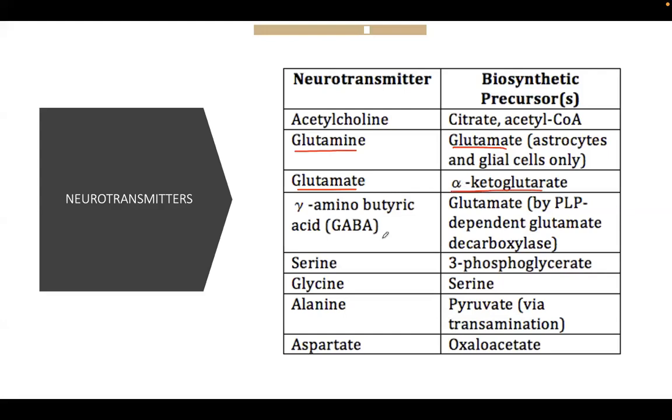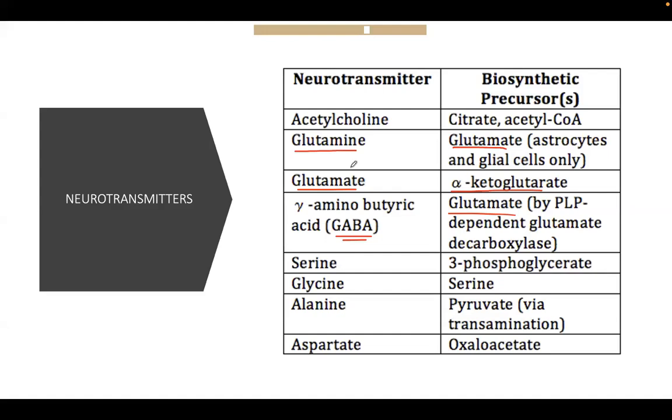And the most interesting here is that GABA, which is inhibitory, the precursor is actually glutamate, which is excitatory. We'll be mentioning the others in our biochem masterclass, but for now, remember glutamine and GABA come from glutamate, and glutamate comes from